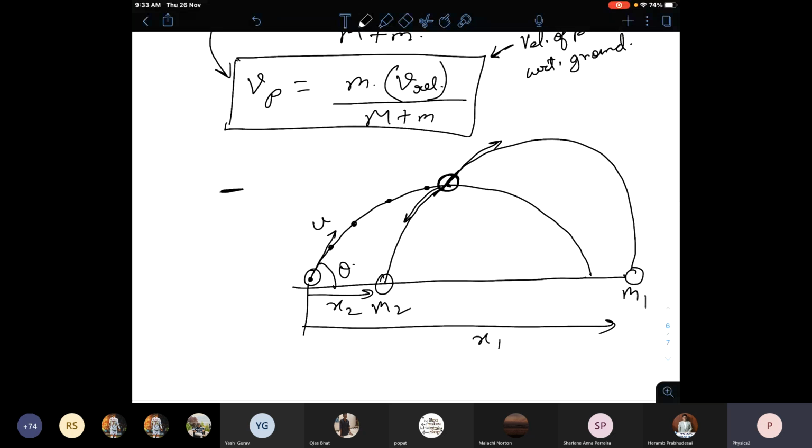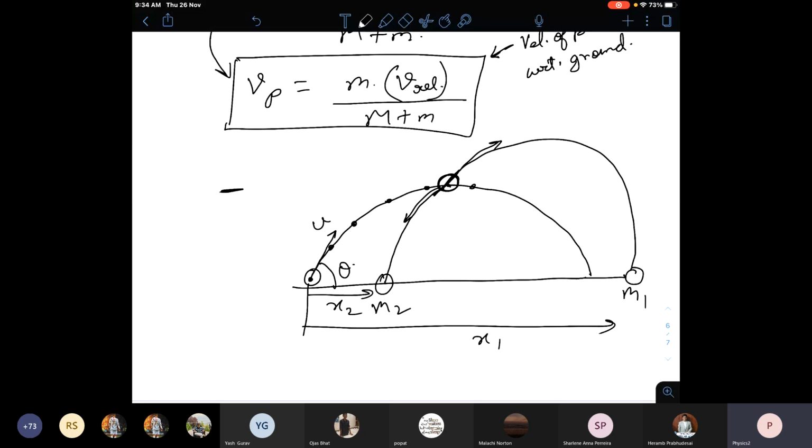it exploded because of internal forces. There was no external force involved in it. You did not apply an external compression force so that the grenade exploded. No. It exploded on its own because of internal chemical reaction. So since it is exploding because of its internal reactions, internal forces, external force explosion was not there. So since there was no external force causing that explosion, the center of